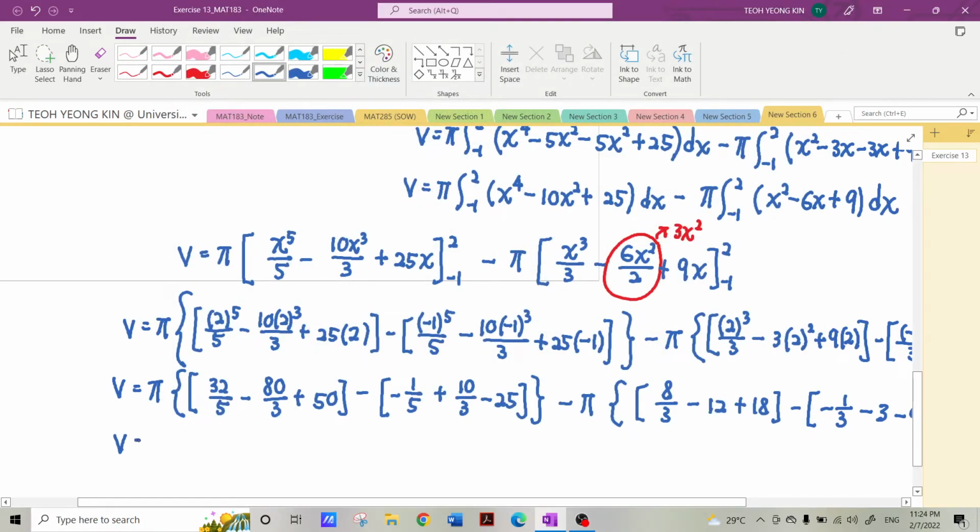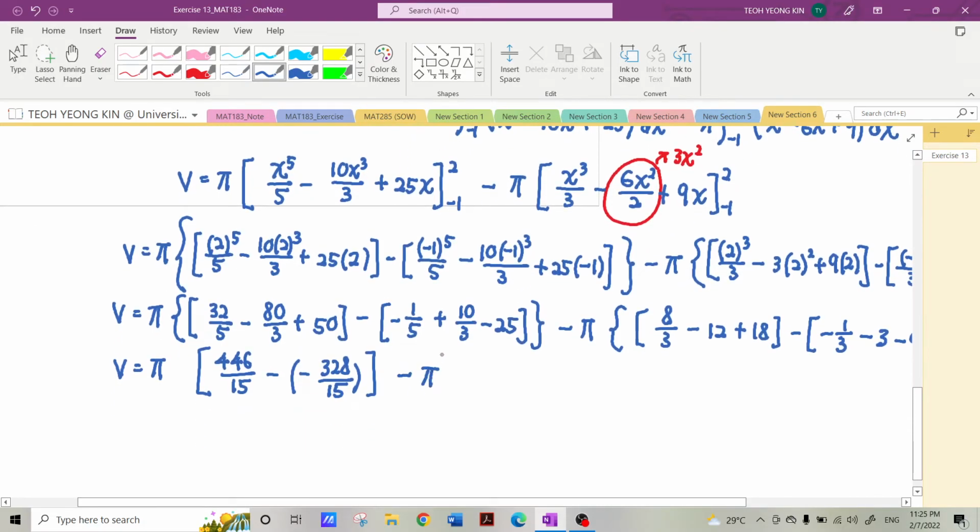So V is equal to pi. For this part, 32 over 5 minus 80 over 3 plus 50. So for this one, I should get 446 over 15 minus this part, -1 over 5 plus 10 over 3 minus 25. So in this part, I get -328 over 15. So put a square bracket,